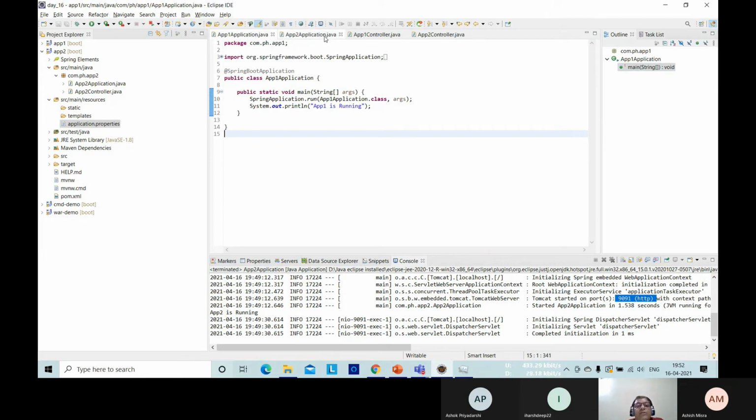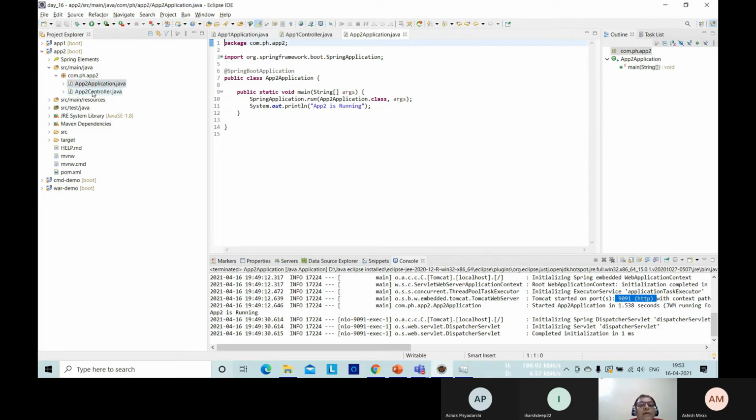Now here my point is, this is application one, and this is the controller for application one. Similarly, for application two, this is application two, and this is the controller for application two.